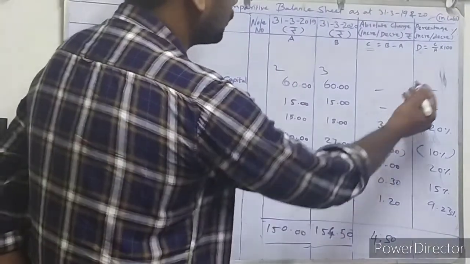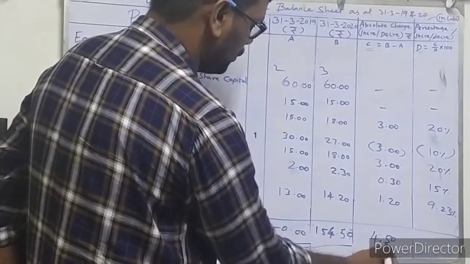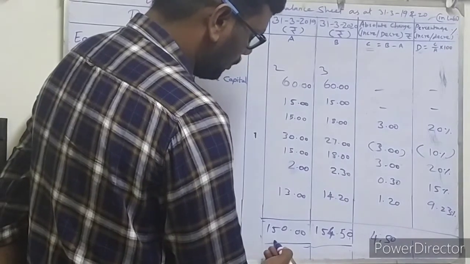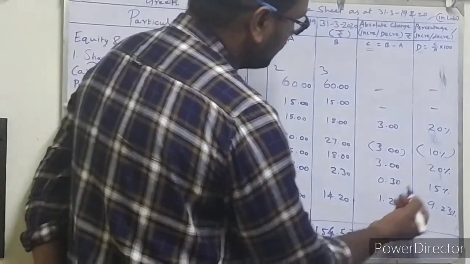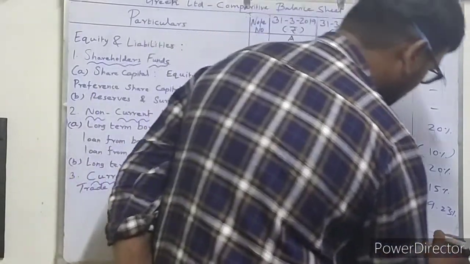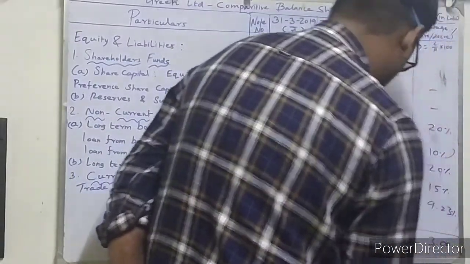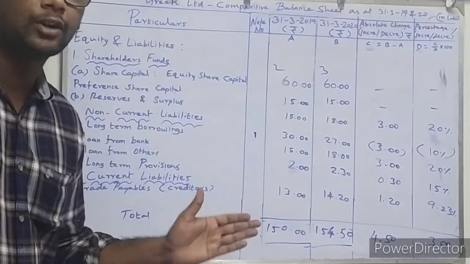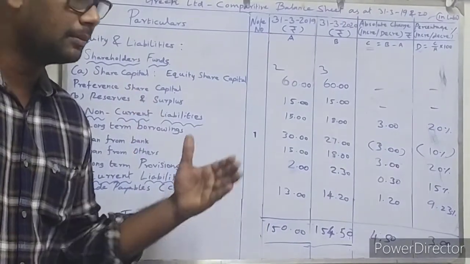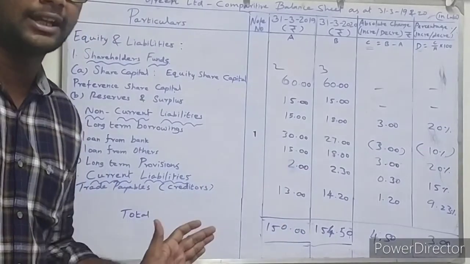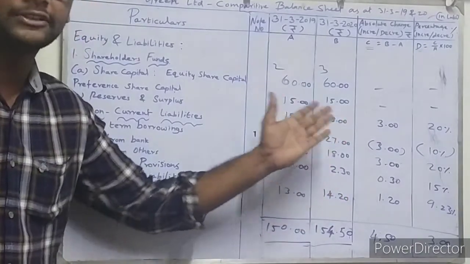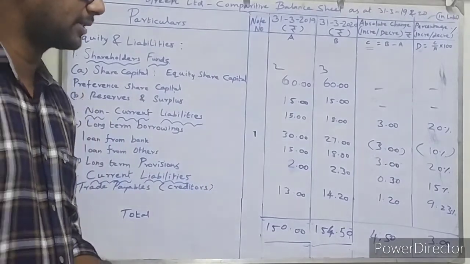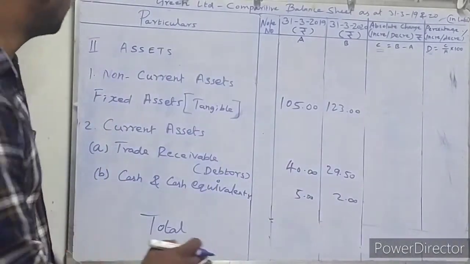You know how to substitute it. C is 4.50. So 4.50 divided by base year, 150 (1 crore and 50 lakhs), into 100. If you put, the answer will be 3% increase compared with the previous year. And this is the format of how to compare the current year liabilities with previous year liability, absolute changes in percentages and everything. We compare all the assets, and now we are going to prepare with assets.